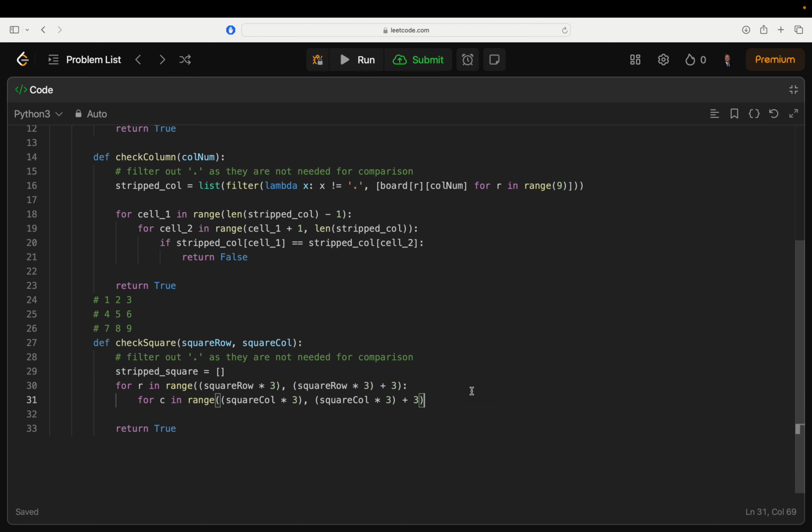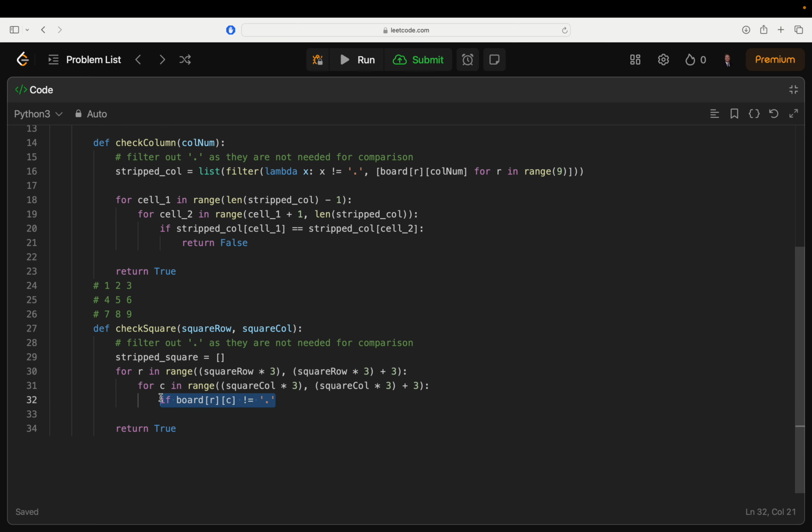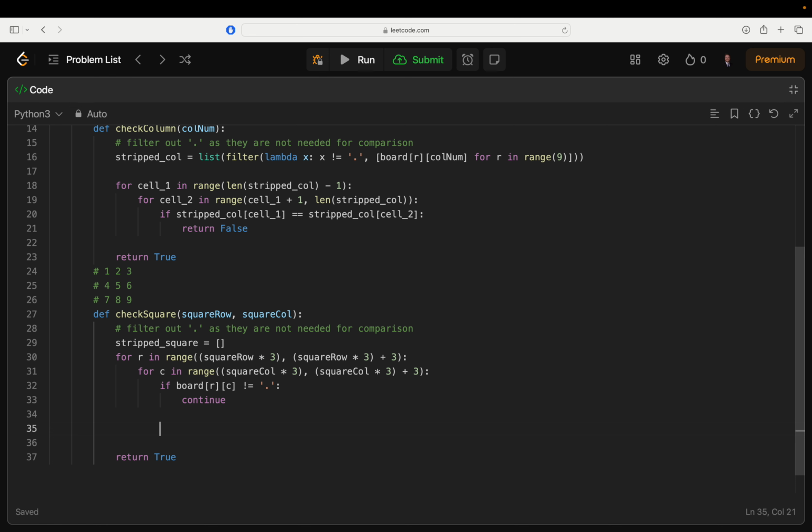Square call times 3 plus 3. So first we check if board R C does not equal... we might have to do like a nested if statement. We can't just do and, I think. So my idea is to check, okay, is it an empty one? Oh, actually, if it's an empty one, maybe we could just say continue. Yeah, that'd be good. And then if it's not an empty one, if